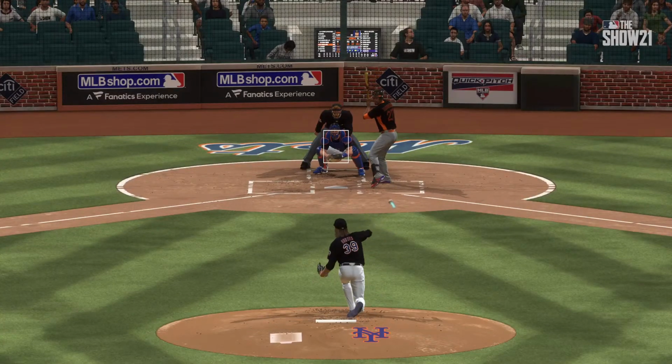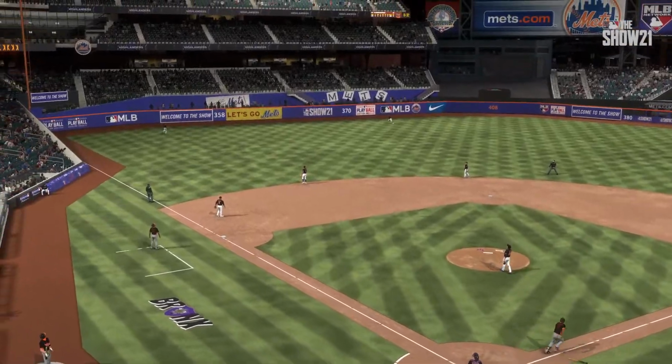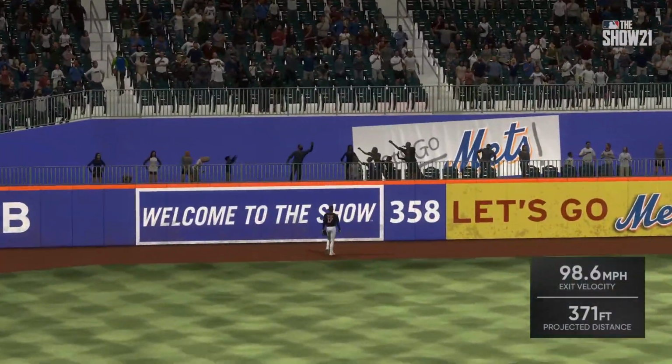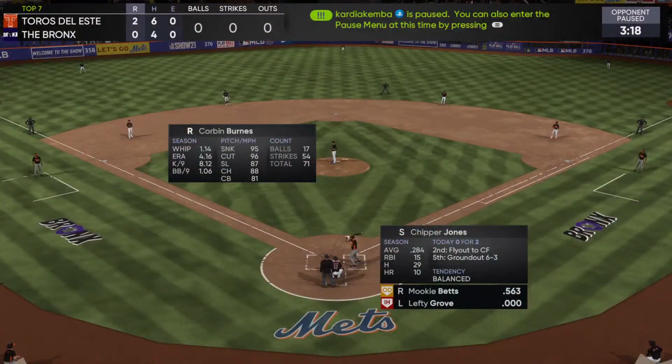And with one swing of the bat, he shows you why he's dripping with tools. He's got the speed, he's got the power. You don't know how to attack this guy. You can't put him on base with a knock or a walk, or he'll just end up on second or third. And if you leave something over the heart,